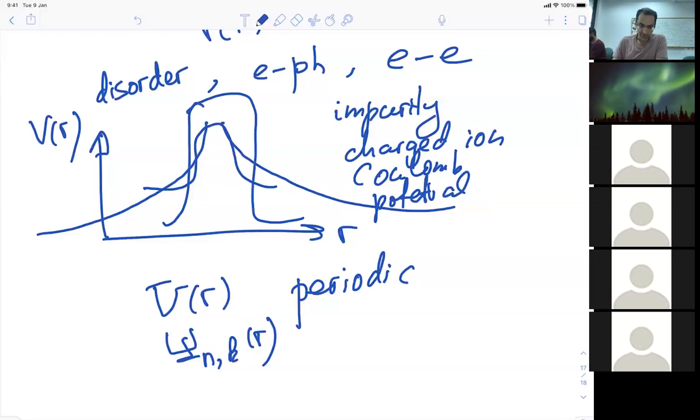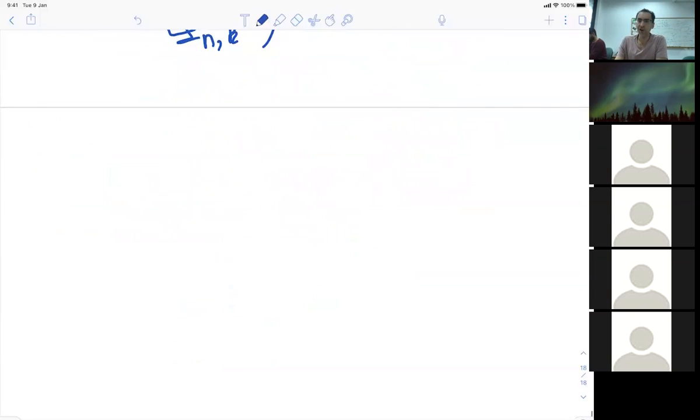So we have this potential V of R, and for us now it's a scattering problem in quantum mechanics. We want to extract the minimal information that is needed for incorporating this potential into the Boltzmann equation. The information we will need is the so-called scattering probability: the probability for an electron that comes into the potential with wave vector k to scatter into the state k prime.